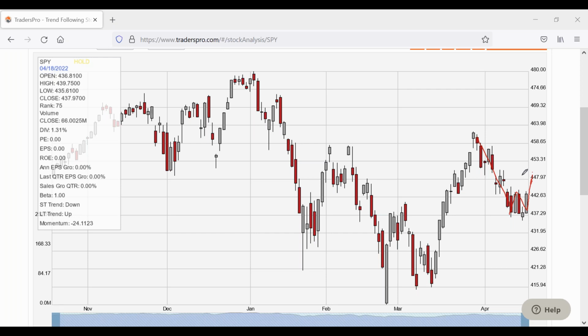Where would I start to believe that we're more likely to go up than this being a correction for a move down? Well, I would probably look at about the halfway point right in through here on this drop. Typically, stocks tend to retrace about 50% of their moves. So if this is the start of a bigger move down, and then it rallies up into this area right here,